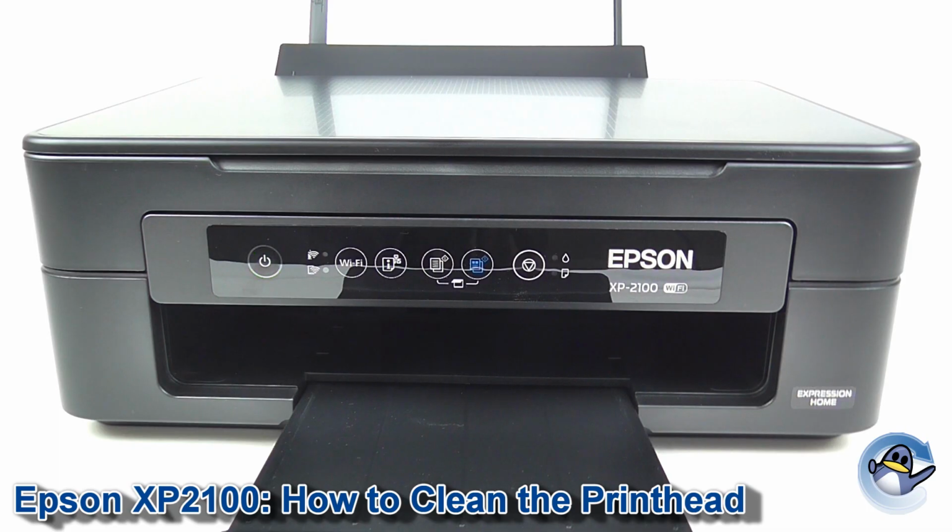Now, your printer will now do the cleaning cycle, which will force fresh ink into the print head and hopefully dislodge anything that's dried in there if you weren't as lucky as to have a good looking test page that I had there. This will take a few seconds. And once this is done, I'd recommend doing another test page again, looking for improvements in the quality, and repeating